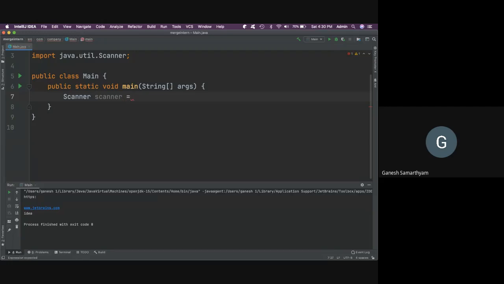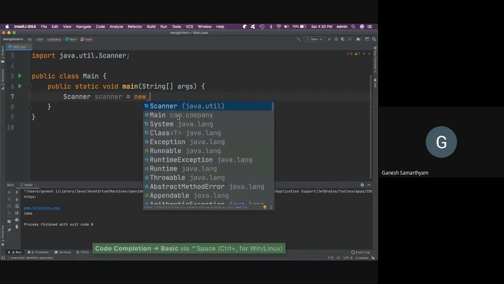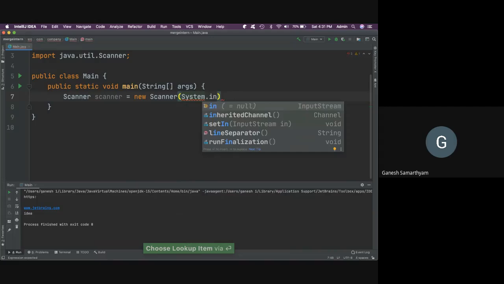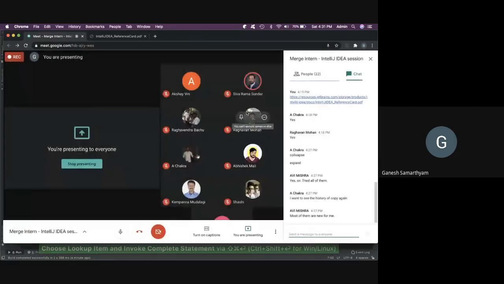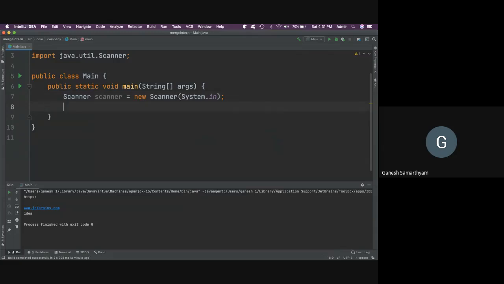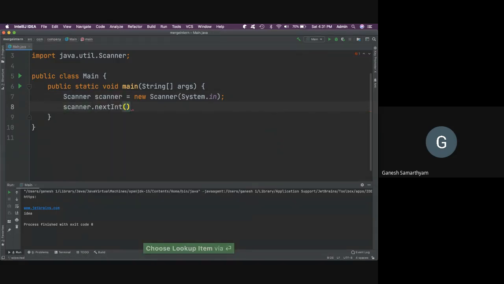And then I want to fill the new, but I don't want to type it again. So I can do control space, say new, and control space Scanner, System dot in, and again code completion. This way, you will be able to generate the code as you go by using automatic code completion. Now scanner dot nextInt, right?